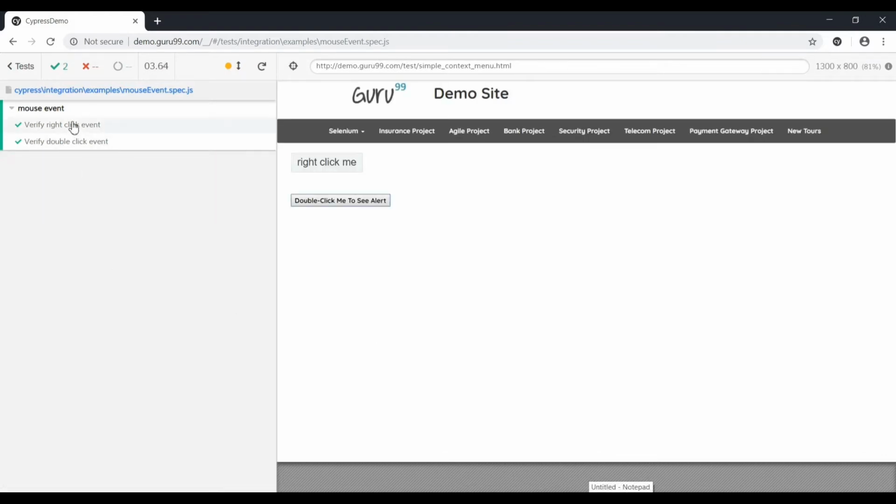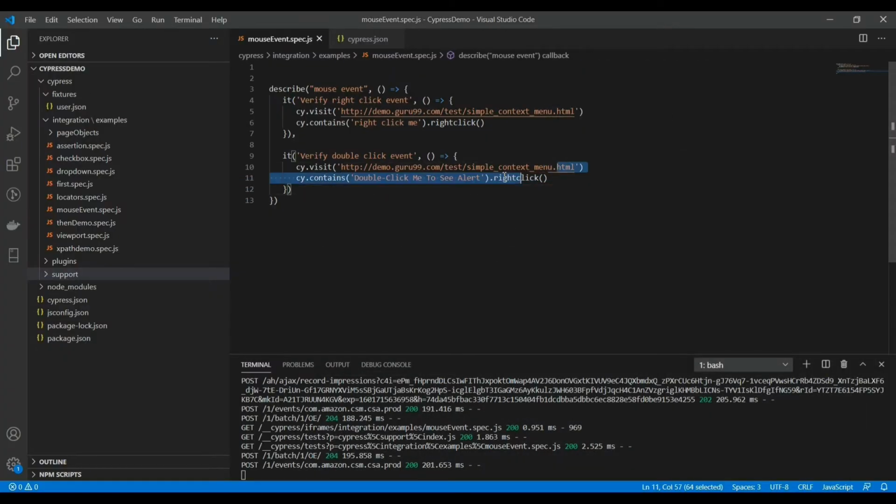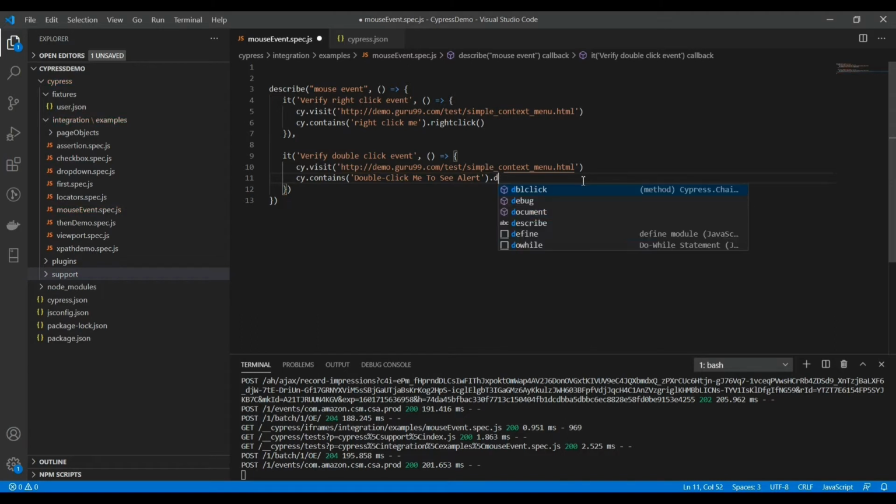So the first one is passed, and okay, I forgot to change the action. We have to double click on this button. So for double click you can use dblclick.